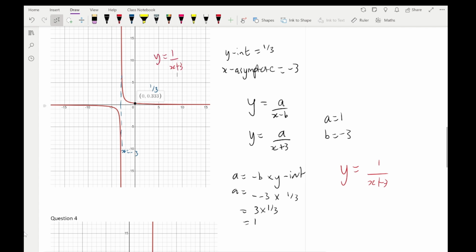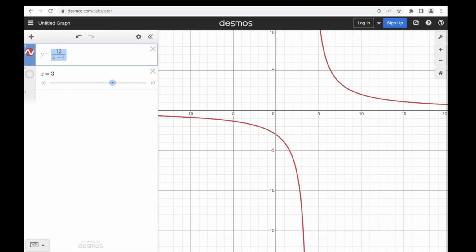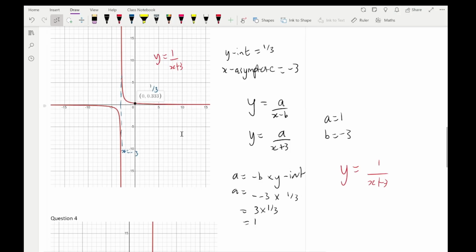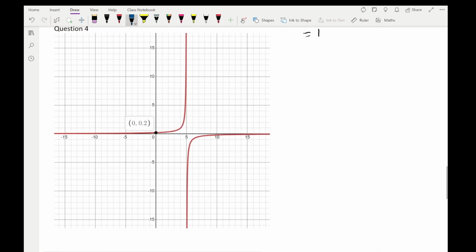Let's see. So y equals 1 over x plus 3. Great. It's got our asymptote at x equals -3, and it's got a y-intercept at 0.33333, like what the graph said. Cool. Next question. It looks like our asymptote is at x equals 5,